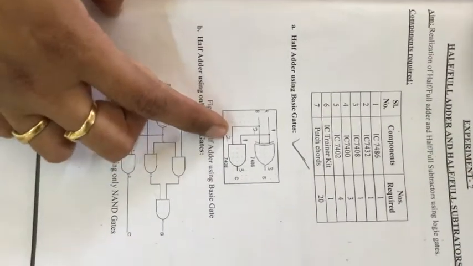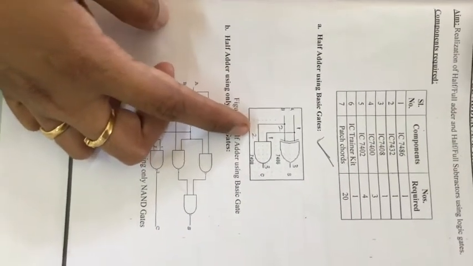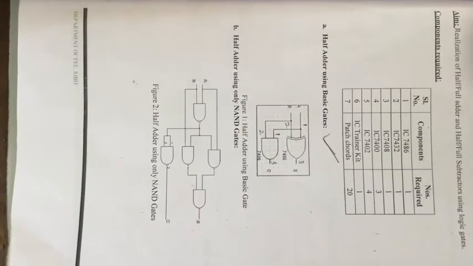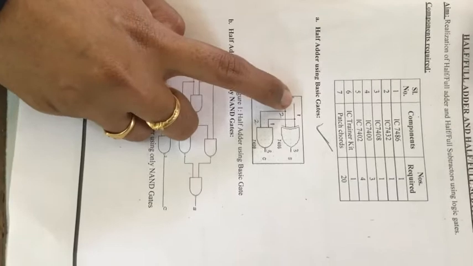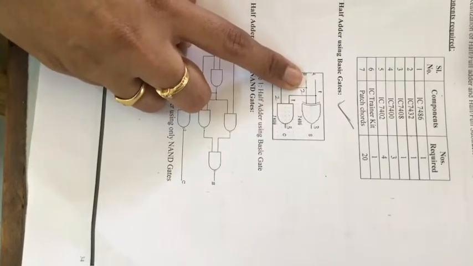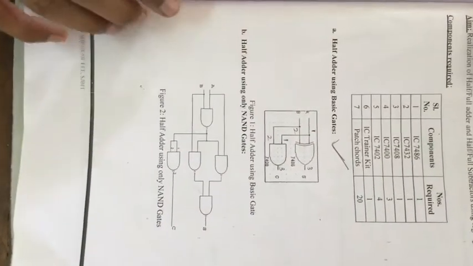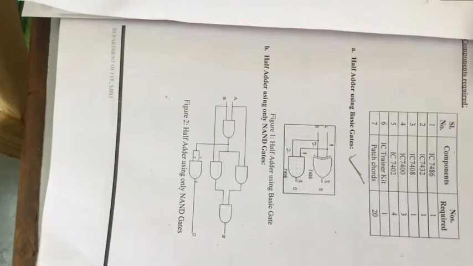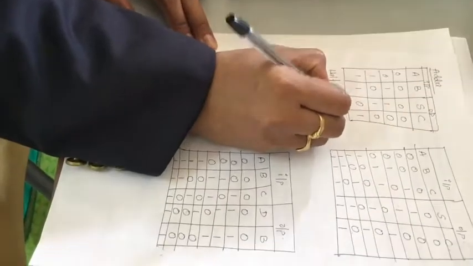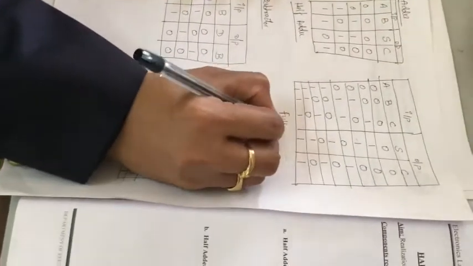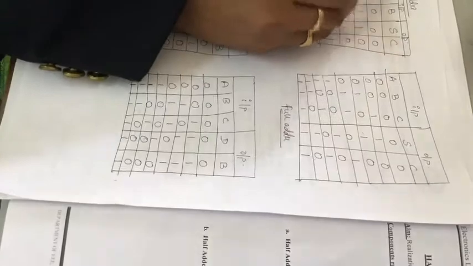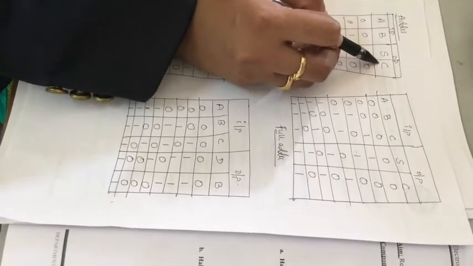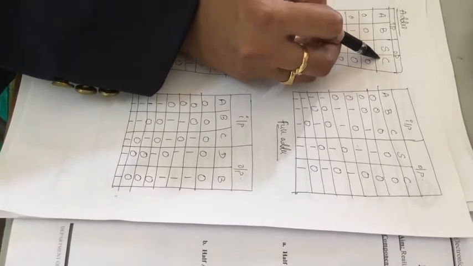In the half adder circuit, what does an adder mean? It is going to add one group of numbers with the other group of numbers. Here I am adding one bit of one group with one bit of the other group, that is, a one bit addition. If you look at the half adder truth table, we have 2 inputs, let the inputs be A and B, and we have 2 outputs. For an adder, what are the 2 outputs? One is sum and the other is carry.